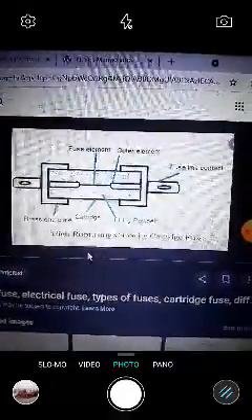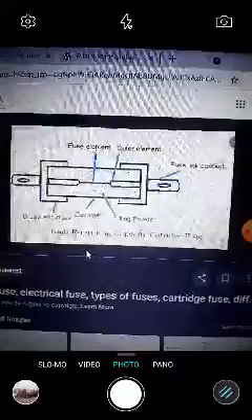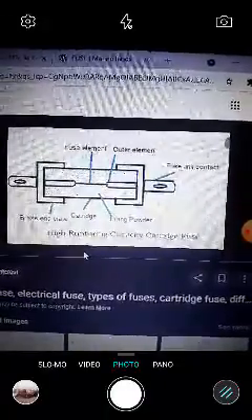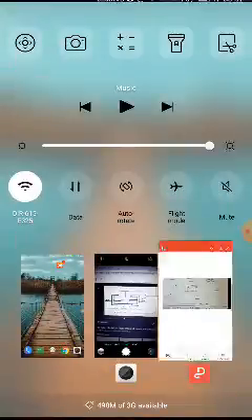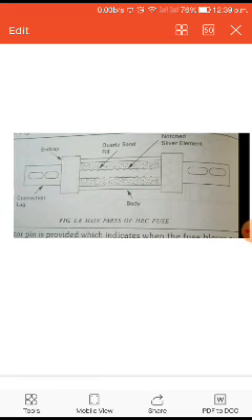You have a high rupturing capacity cartridge fuse, where you have a fuse link, outer element, fuse element, cartridge, brass end plate, and filling powder. So you have to reproduce the same diagram as it is a freehand sketch. So dear students, we have seen so far in chapter 1, class 2, second module, we have gone through the rewirable fuse, and we have seen how to draw the isometric view of a fuse body, and there we have learned how to draw the top view, side view and front view, and what are the basic things we have to stick to.